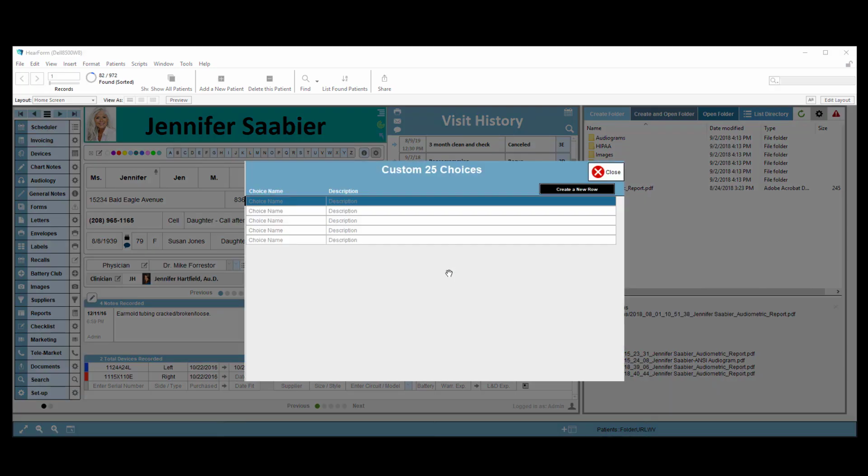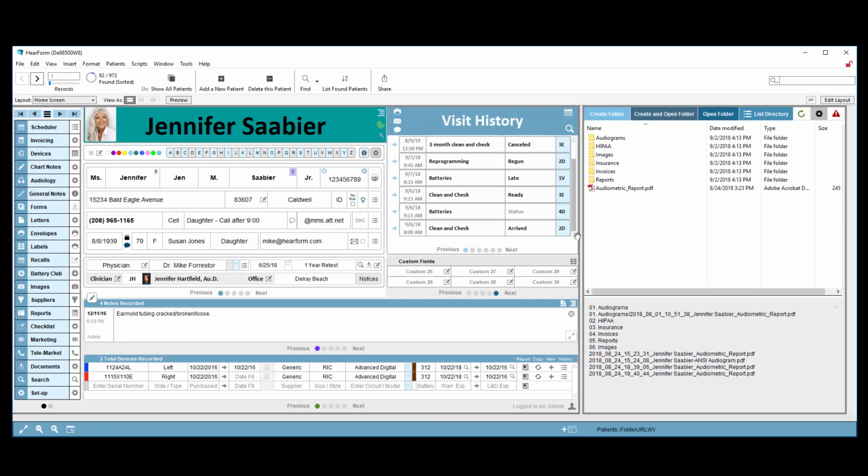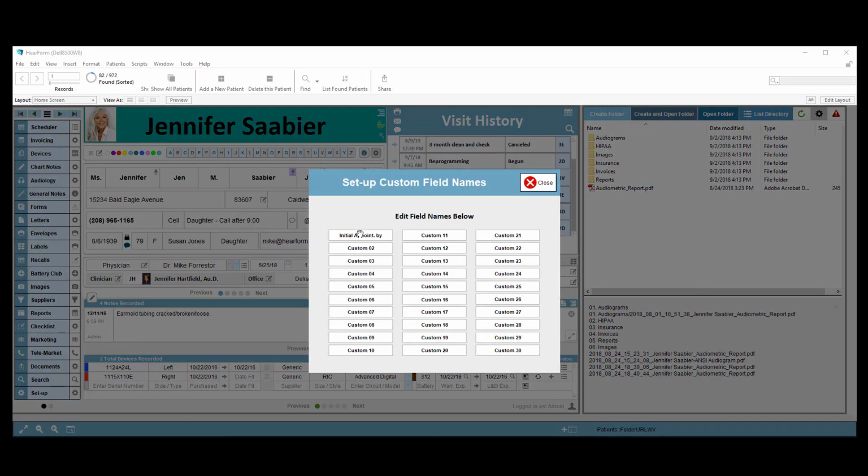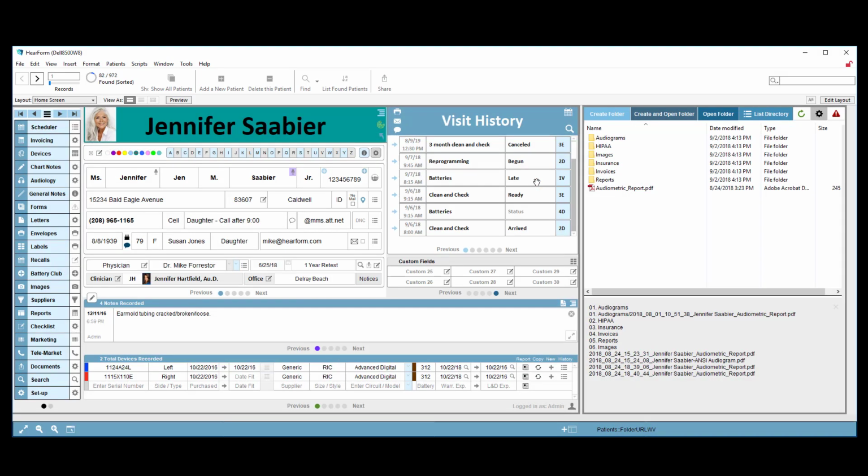You can customize the drop-down list of choices that are there, and you can customize the field names to say anything you want. So it's super easy to be able to edit these things now. And again, I can now put 30 separate custom fields on the home screen without making it super cluttered with 30 separate fields. And we think that that's going to make it a little bit easier for you to learn